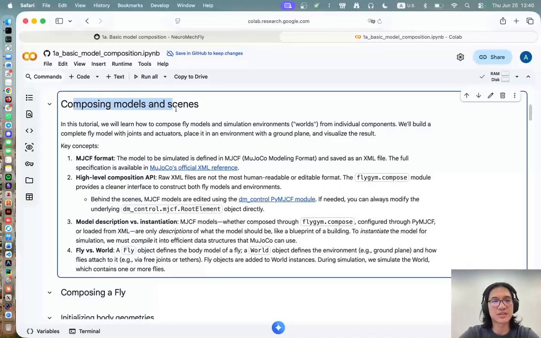So, composing models and scenes. Basically, models in MuJoCo, the underlying physics simulation for FlyGym, have a format called MJCF, the MuJoCo modeling format, that defines what's being simulated. Maybe we should clarify that the word model is a little bit ambiguous. We kind of use it interchangeably with simulation, but in the context of MuJoCo,